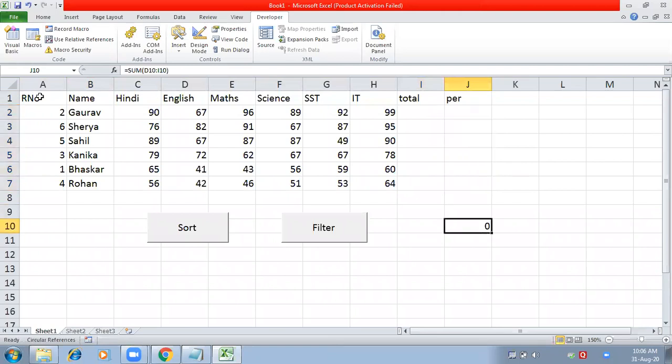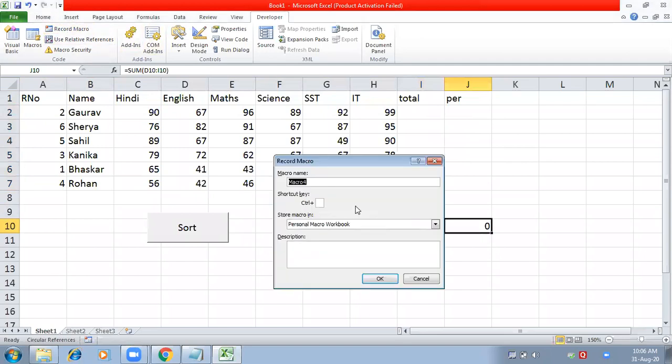Okay, so recording again. Start the recording, record macro, calculate percentage. I'm giving a different name now, percentage only. Earlier I gave a control shortcut and it was working, so this time I am not giving one right now.